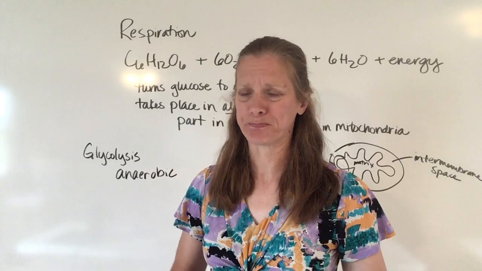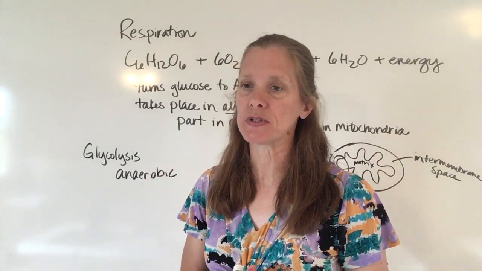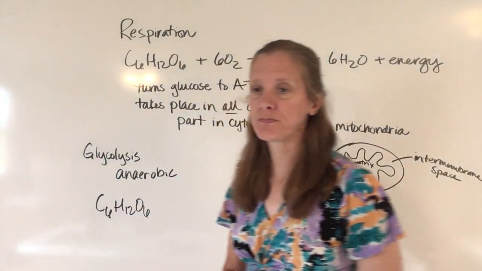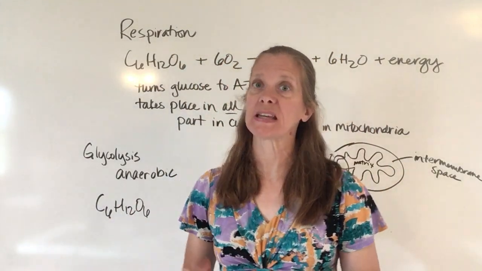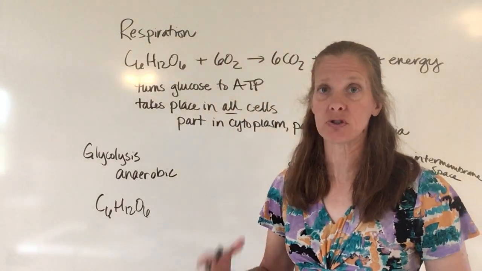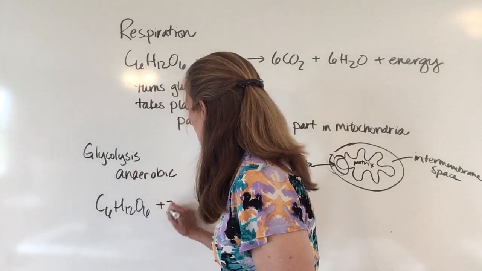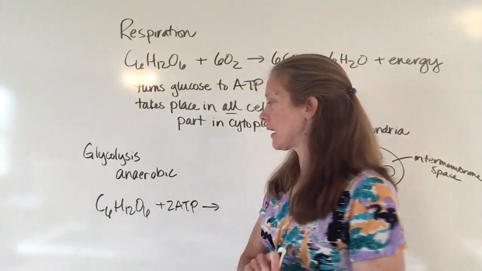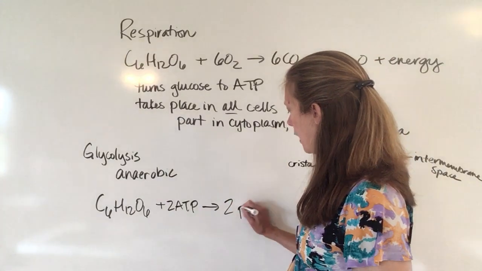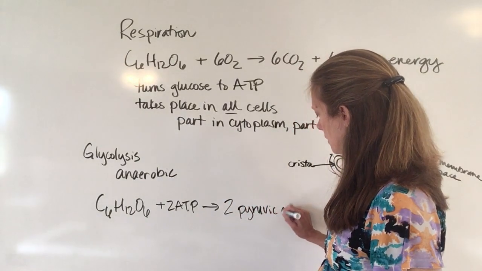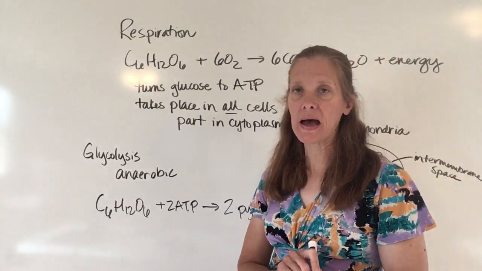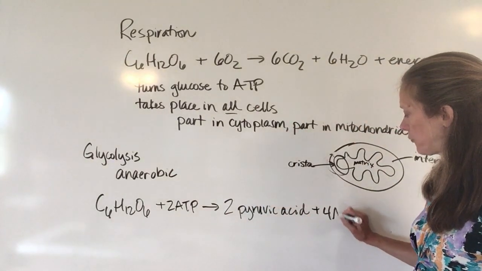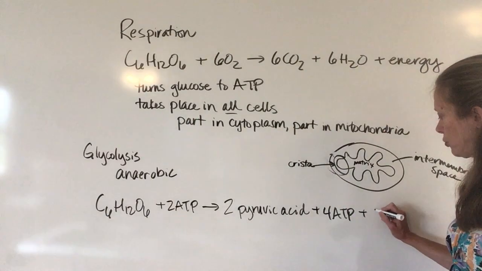Now, she went through a whole lot of details about how this reaction happens, but here's the big picture. You're going to take a glucose molecule, and in order to kickstart the reaction, just like you have to strike a match to get a fire going, I have to add 2 molecules of ATP to get this reaction started. Once I do that, I break this glucose down into 2 molecules of what is called pyruvic acid. And in the process of making and breaking a whole bunch of other bonds, I also am going to produce a total of 4 ATPs and 2